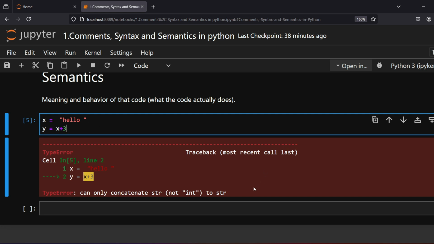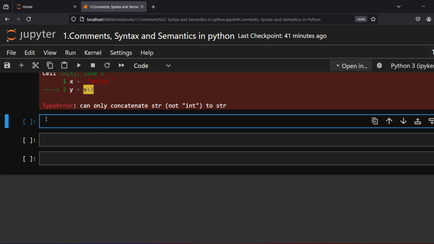And from here we can say that it only concatenates a string value with a string value, and an integer value with an integer value. So these are the basic syntax and semantics rules that Python is following. Now let me take another example of the basic syntax rules that we use in Python. I am writing here a single line comment: basic